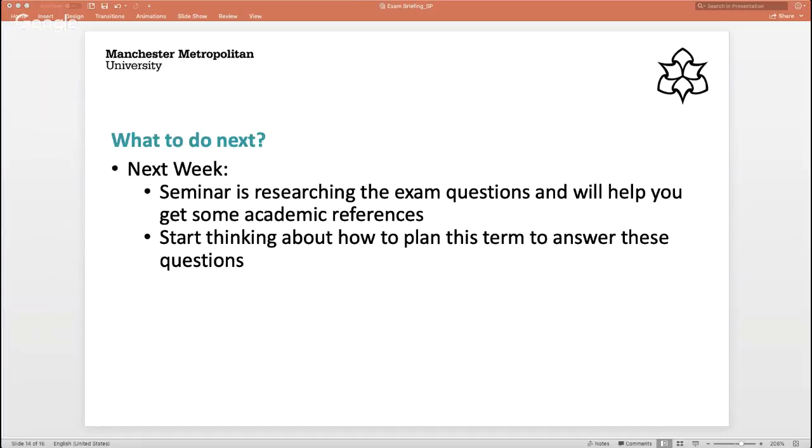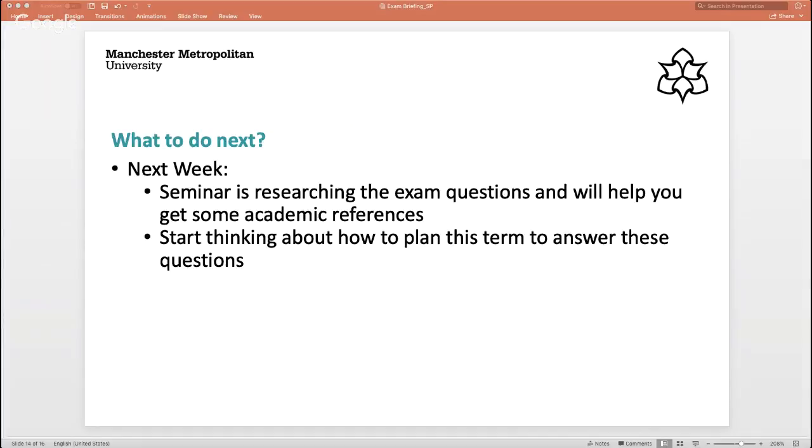But we're going to be focusing on research skills and making sure that you can find the journal articles and the case studies required for these exam questions. And that's what we were expecting you to do next. Next week, we'll obviously have our first lecture on the topics that you're going to be doing your exam questions on. And you will then, from the week after, have a seminar that is relating to an exam question each week. So you're going to have this term